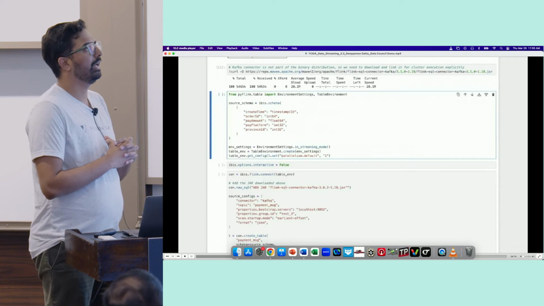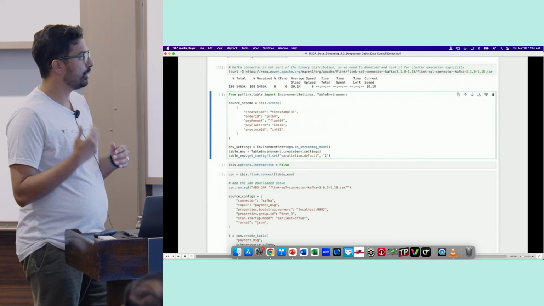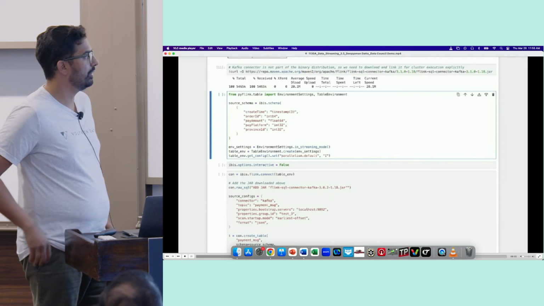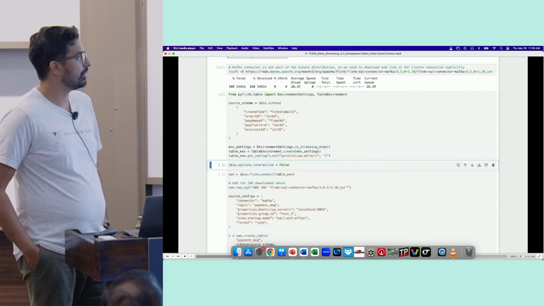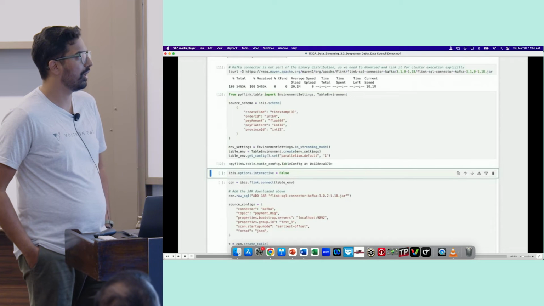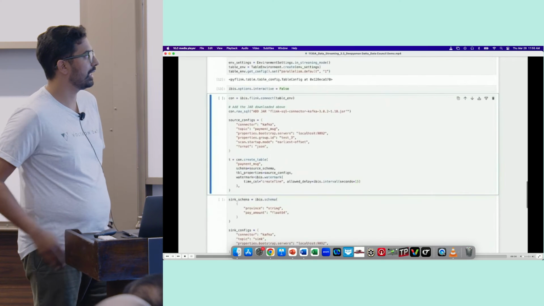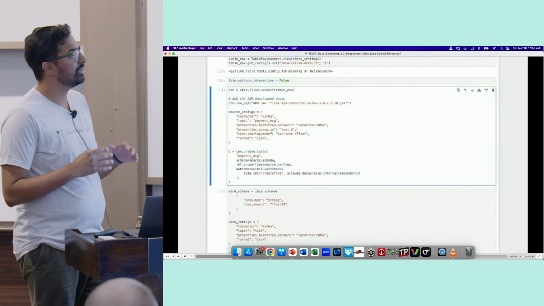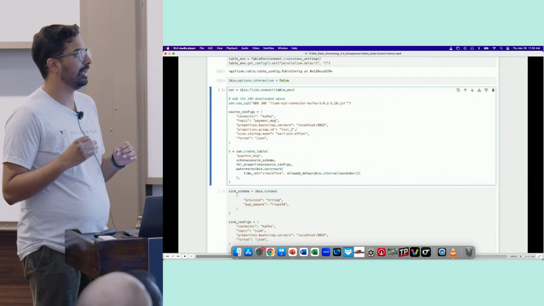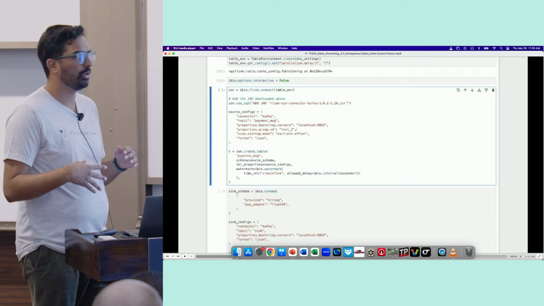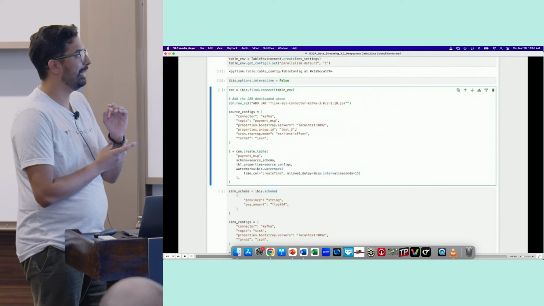I'm going to also define what the schema is associated with the source, same as above. And then I should be able to connect. Let me go ahead and turn off the interactive mode here. And then we can connect. In cases where we need to do something special, like drop down into the backend specific code, in this case the add jar sort of thing, we can use the raw SQL method.